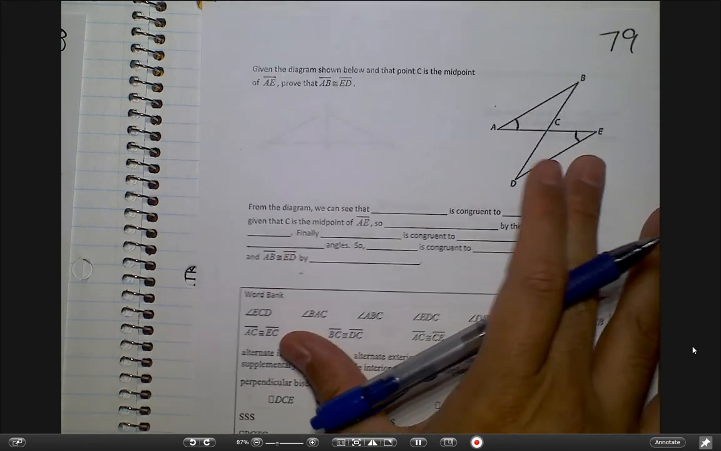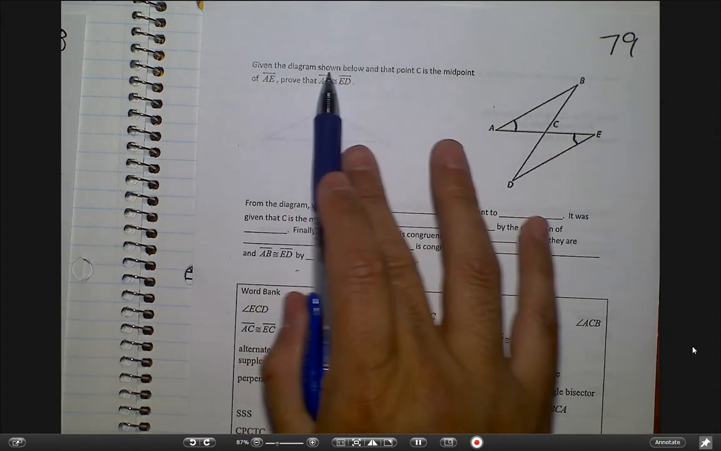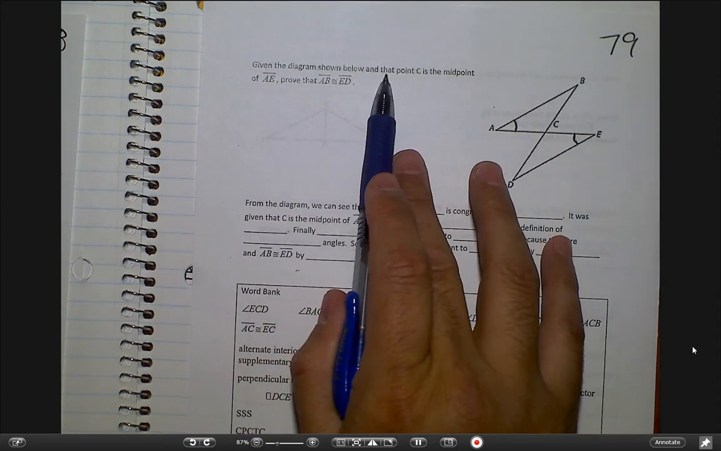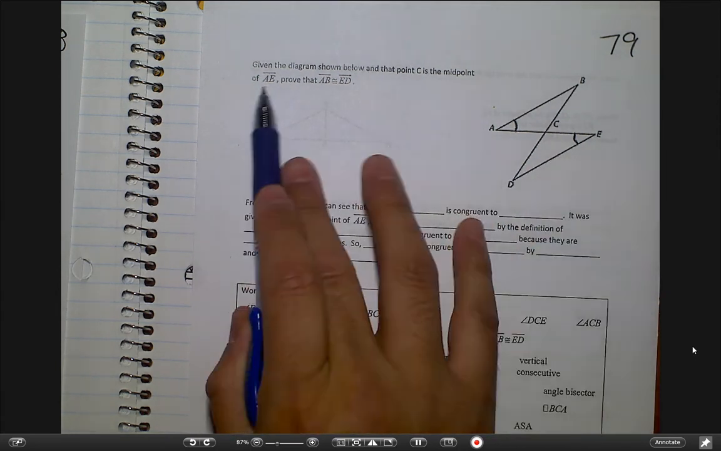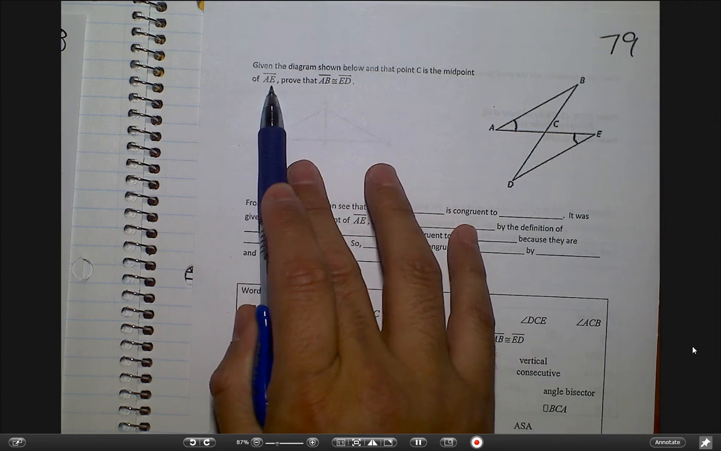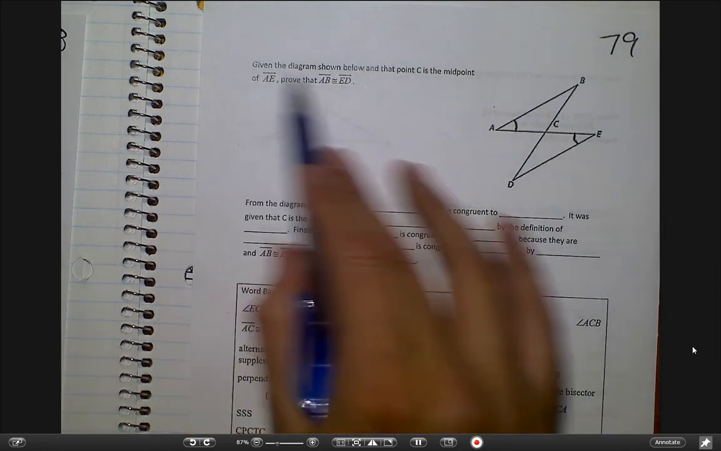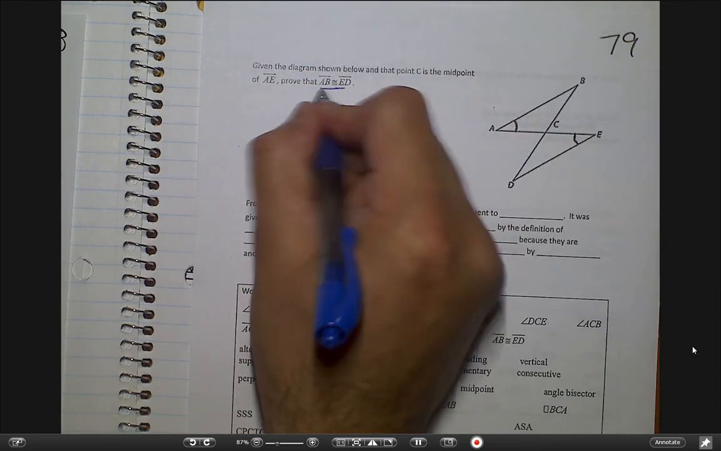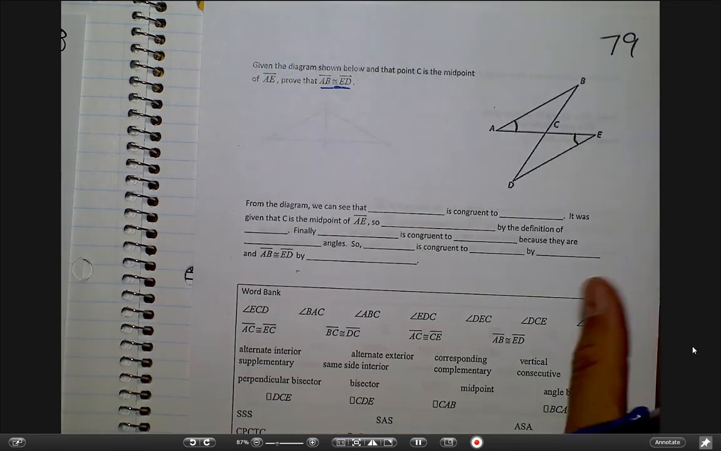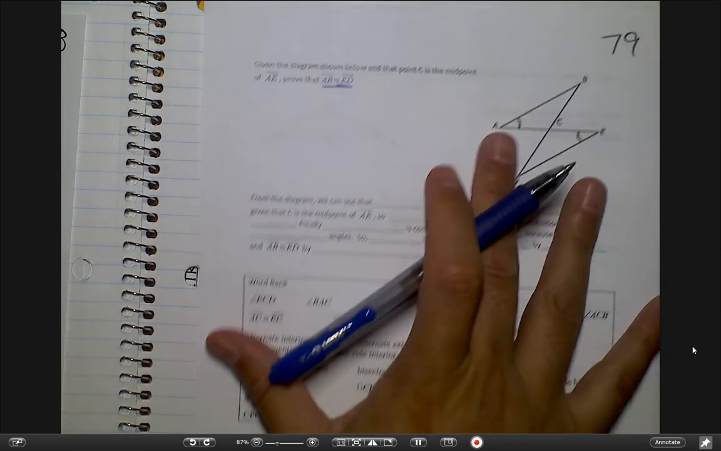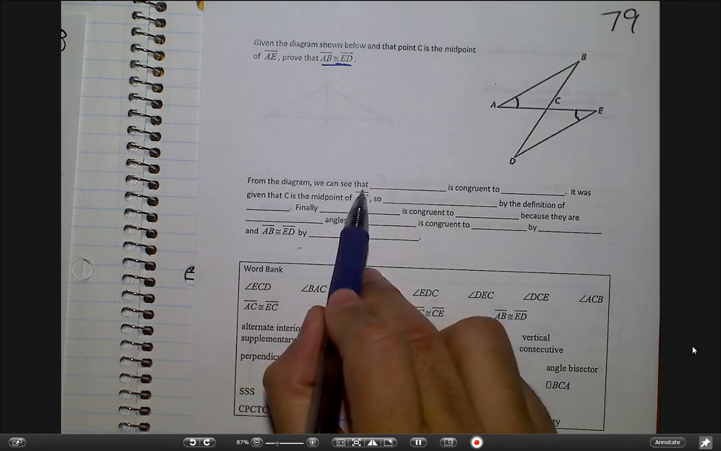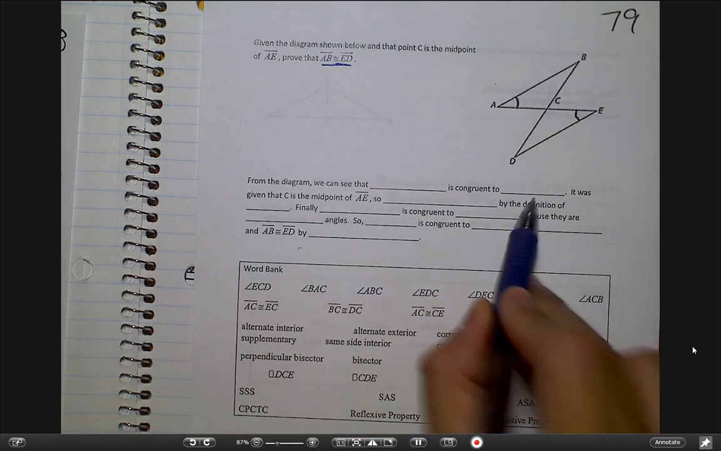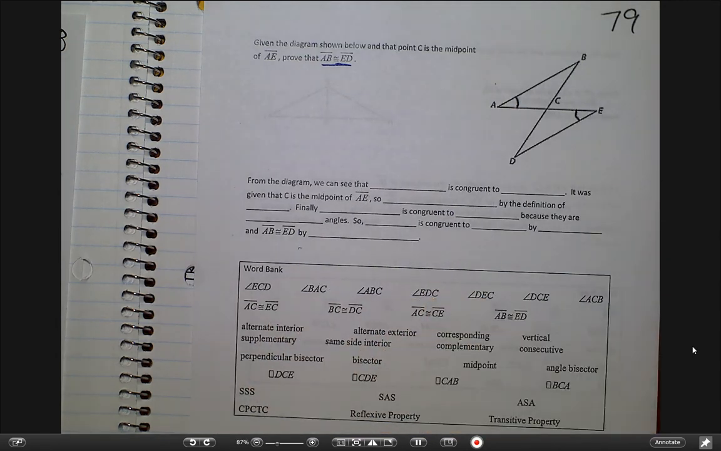Okay, so for this one, page 79, we are given the diagram shown below, and that point C is the midpoint of AE. So this is basically right here. All this data here is part of my given. Prove that this. So I have to end with this. All right, so from the diagram, we can see that blank is congruent to blank. From my diagram,